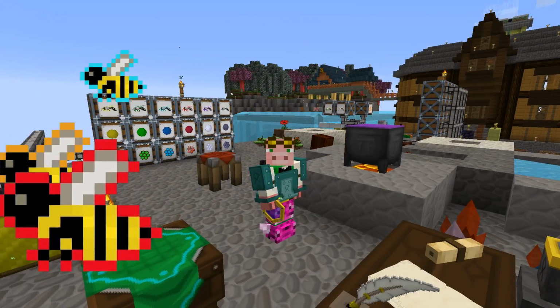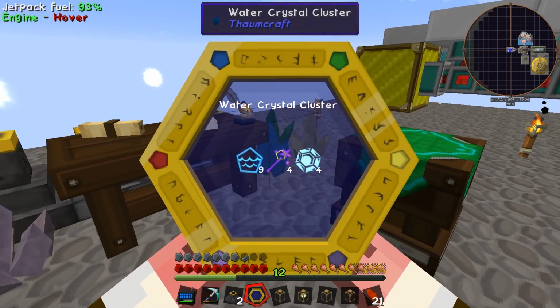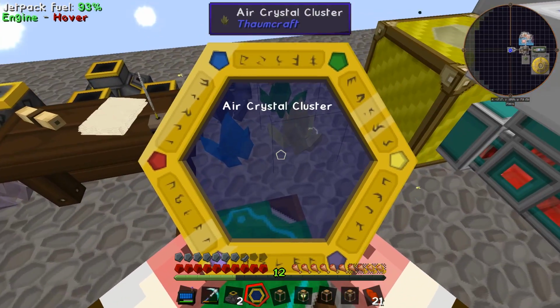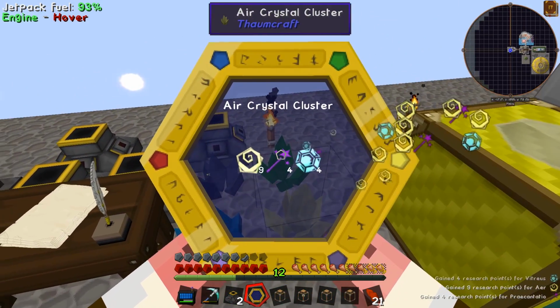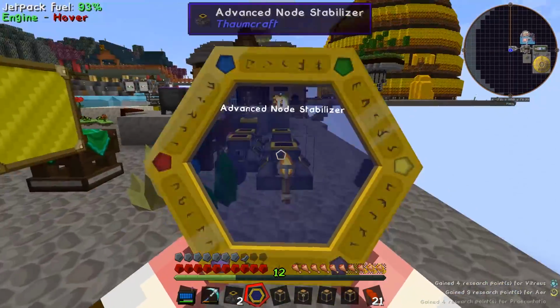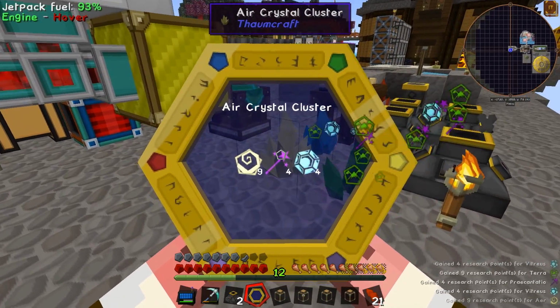Bye. All right, y'all, I am back, and I pulled out the Thaumometer viewer thingy. What is this thing called? The thermometer. And I realized, like, oh yeah, I could search these things. So I'm able to get a bunch of the research points, at least, this way. And I noticed when I logged back in that these nodes that I had left, they seem to be...